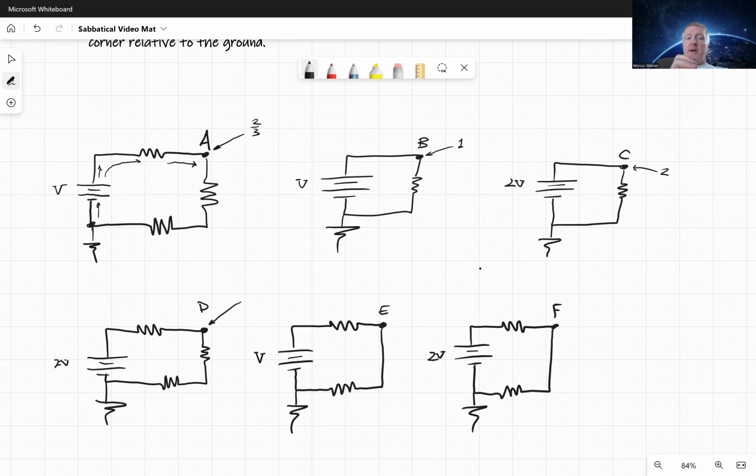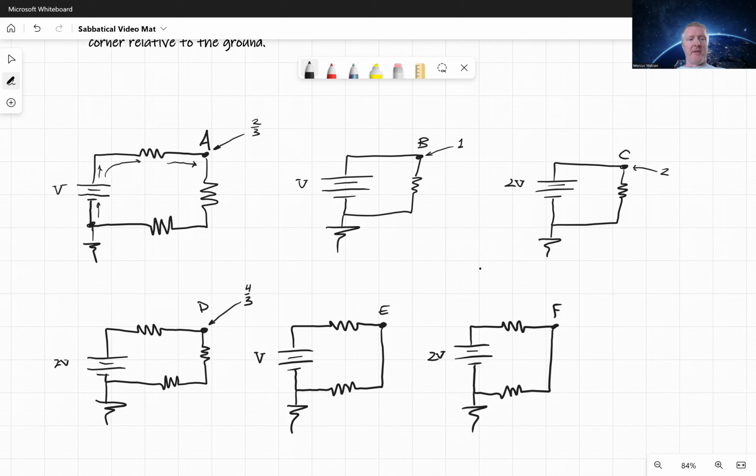Okay, so if you look at circuit D, it's the same exact setup as A, except we've doubled the voltage of the battery. So therefore, each of these must still be losing the same amount, right? So if I think of double the voltage, well, there'll still be 2/3 of that double left over. Right? So we should have essentially 4/3 left here at D,